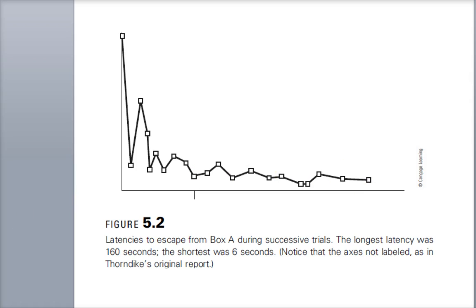And so I guess the big question is, the cats are learning to escape. What's the reinforcer? And the answer is food. But in some cases, the cats never even ate the food. So instead of the positive reinforcement coming from being fed, the cats were receiving negative reinforcement by being able to escape the confines of the box.